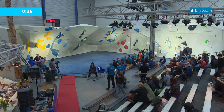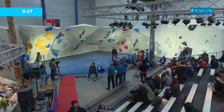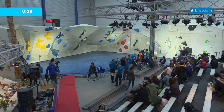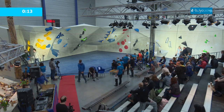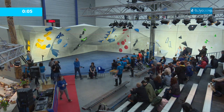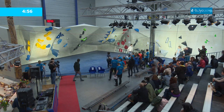So we got 30 seconds left in Youth B climbing, and then whilst a couple of the B climbers are still climbing, the Youth A will start. So not this round, but the next round, the A category will start as well. There's 10 seconds left, or 4 seconds left. And our local setter, Michiel, is running from